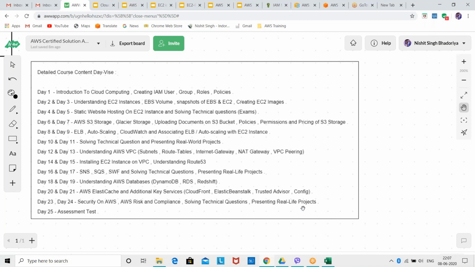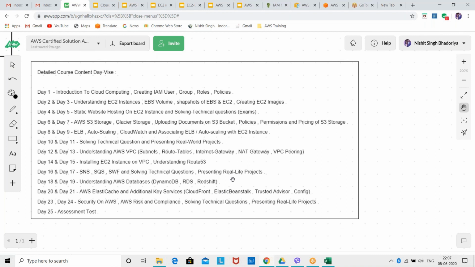One of the major things I am seeing is that CloudTrail is not there. Most people will speak about that. CloudTrail comes under these additional key services. I've told you there are many things, and we'll study most of them. In many places I have seen them configuring CloudTrail for the logs.